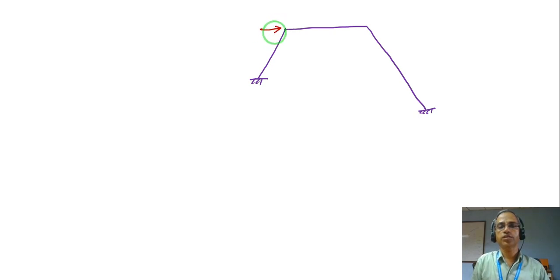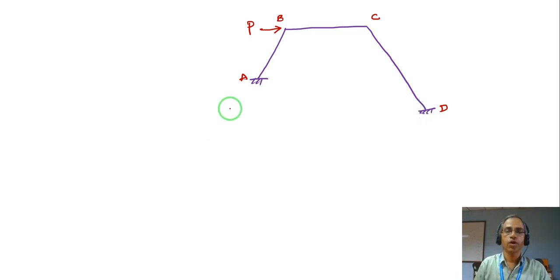So let us say this is a load P. Now how do we analyze? Let us say this is joint A and joint B and joint C, joint D. Let us discuss only the concept here, then we can take up a problem and try to solve it. So now if you look carefully, this inclined leg, which is AB, will have a deformation